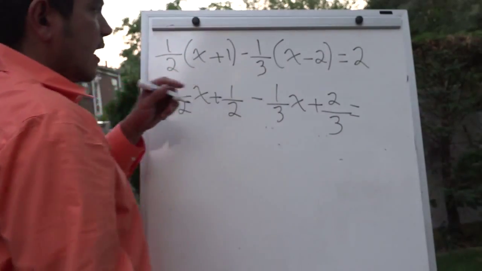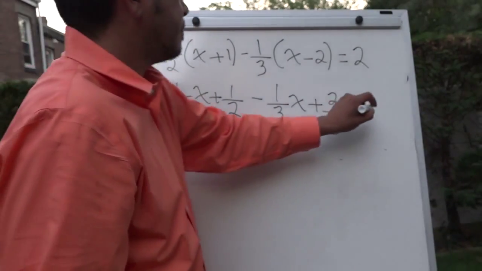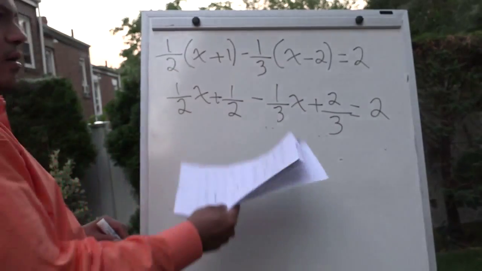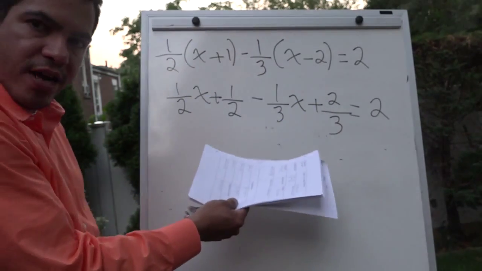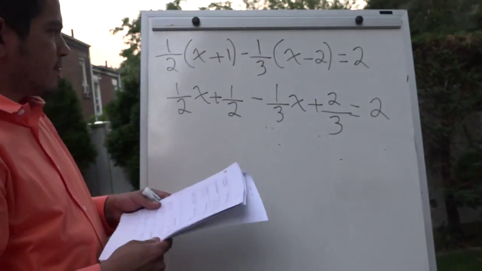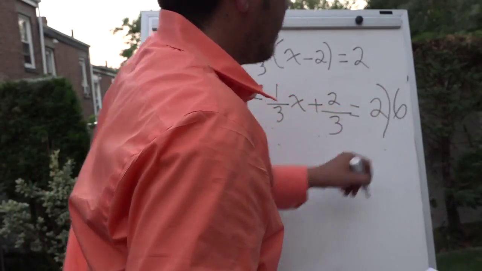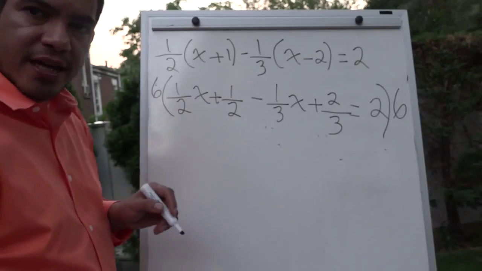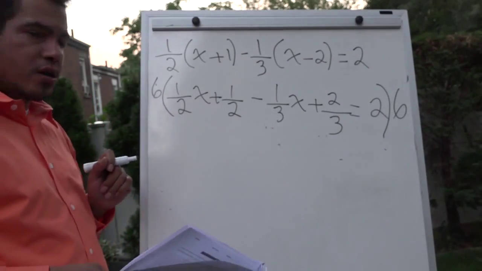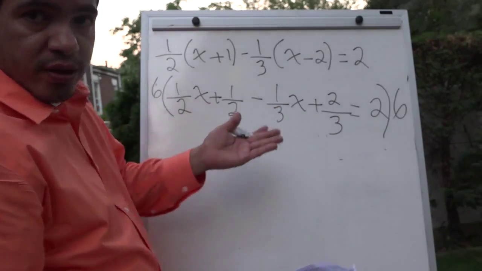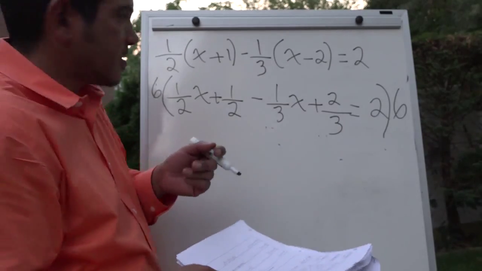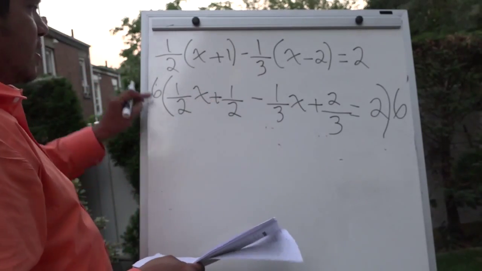Nice. Okay, now after distributive property, do I have fractions? Yes. So common denominator, I beat you to that, so I won. So it's 6. You see, you got 2 and 3. The only number that they have in common is 6. All right, so let us do this. 6